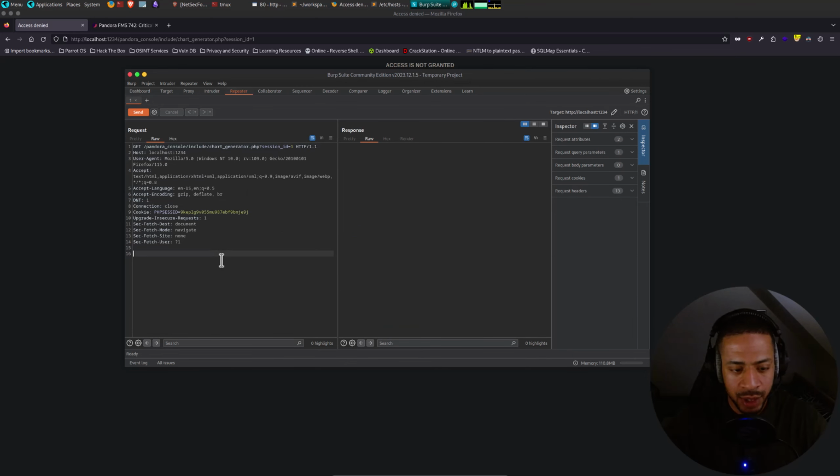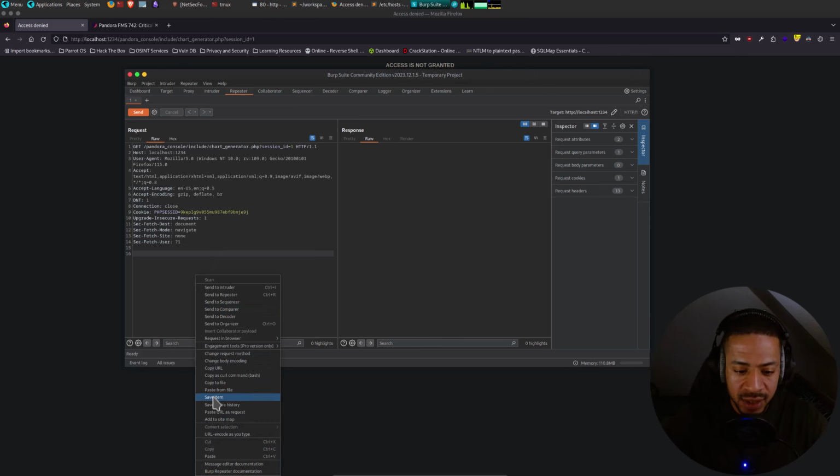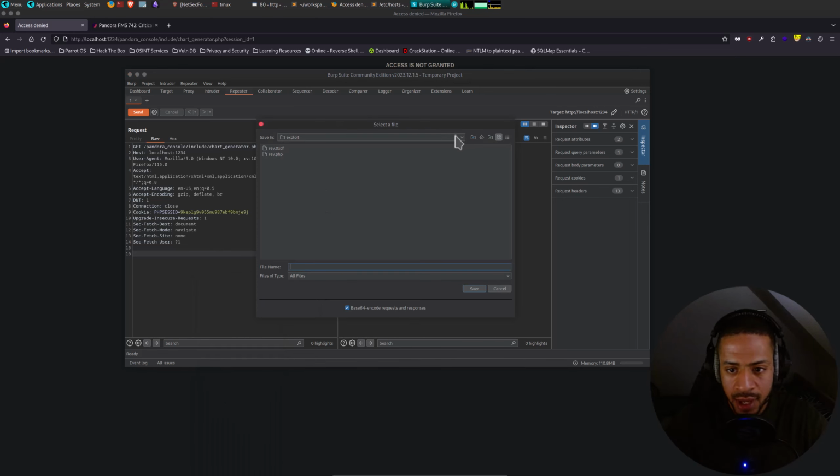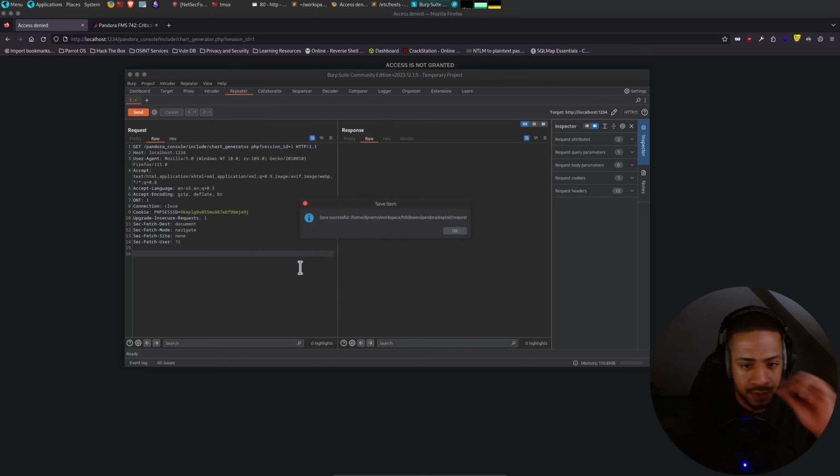I'll send this to Repeater by pressing Ctrl R, and then I'll save this request like so, and I'll go to workspace, HackTheBox, boxes, Pandora, exploits, and call this request. This has now been saved.